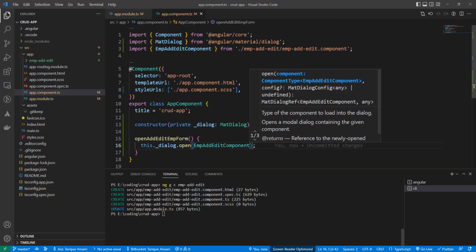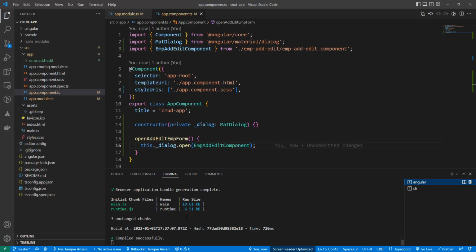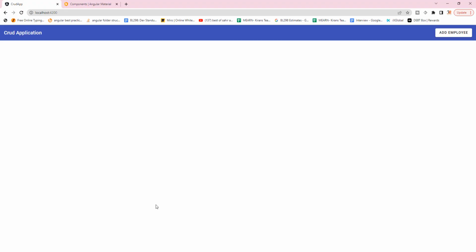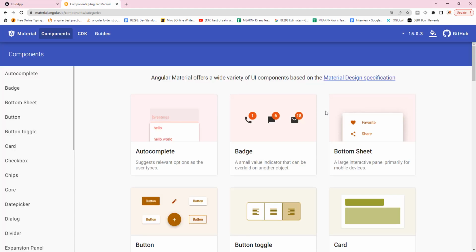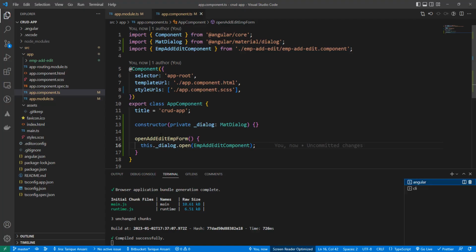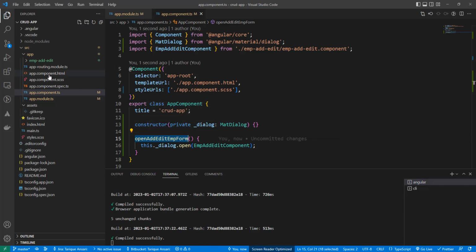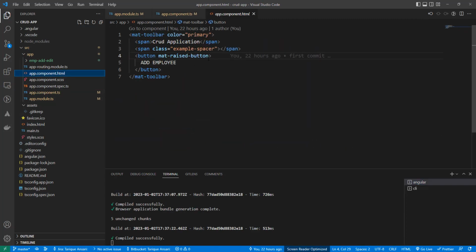That's all. Now save it. Go to Angular CLI and see this. So it's compiled successfully. Now let's see the output in the browser. If I click, nothing is working because I just defined this method, but we need to execute this function